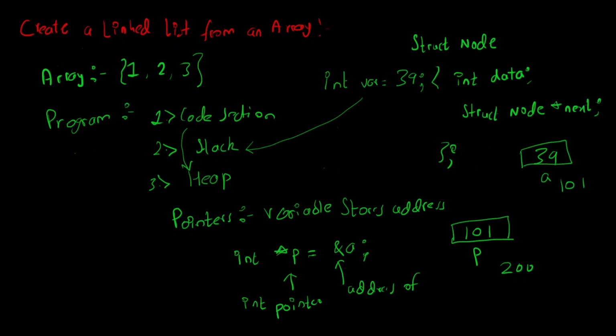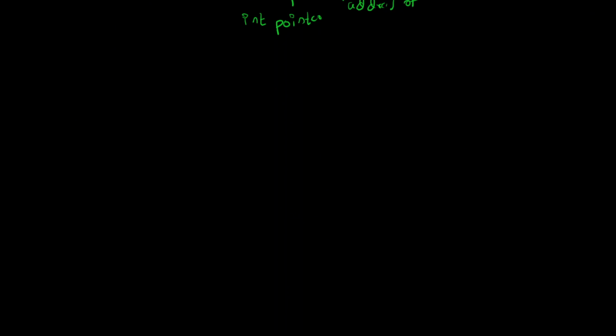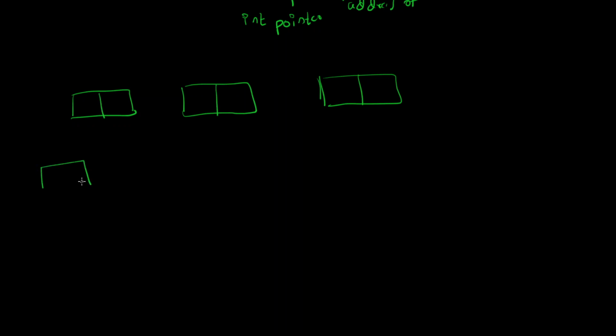So this is just a primer. What I told you, you understood that. Now let's move on to how we are going to create a linked list. First we have to understand the structure of a linked list. So what is a linked list? How do we represent a linked list? A linked list has nodes which are interconnected to each other. These are the nodes, and this is the head. It's actually a pointer which points to the address of the first node in the linked list.